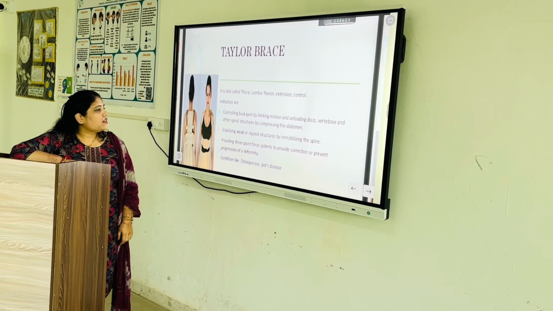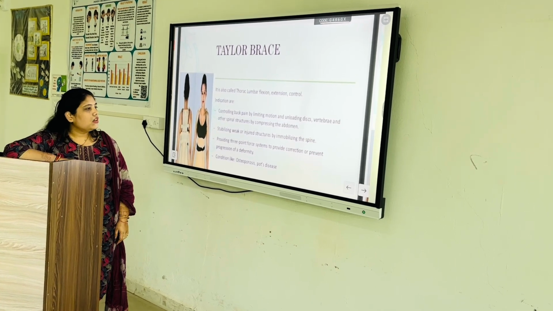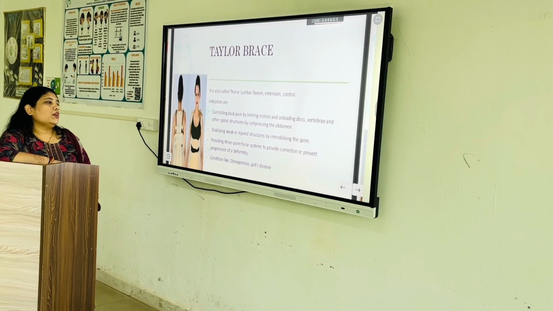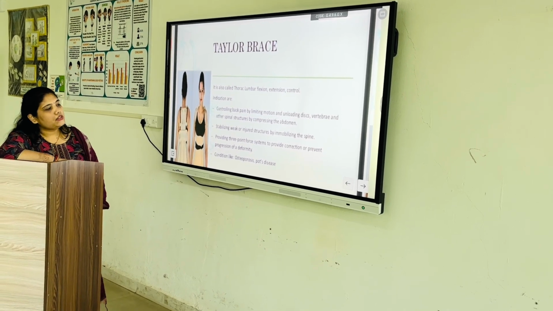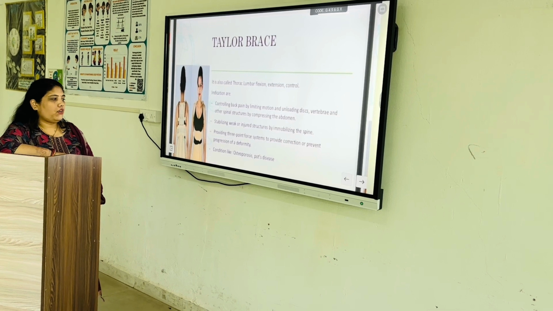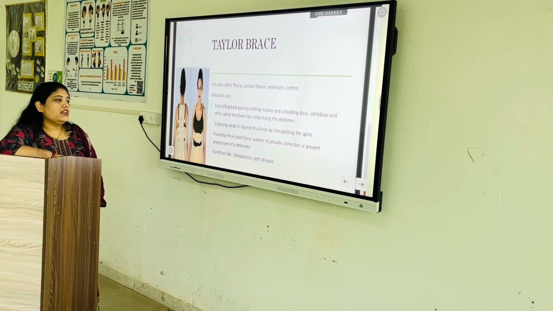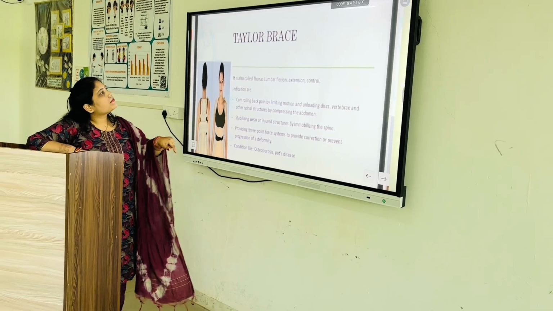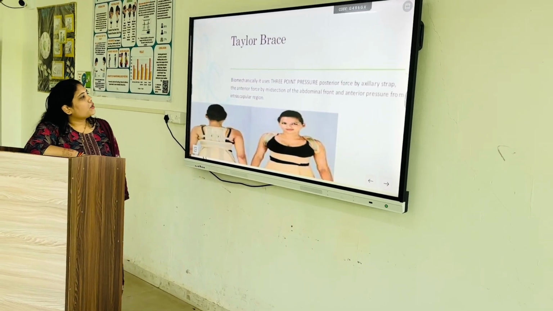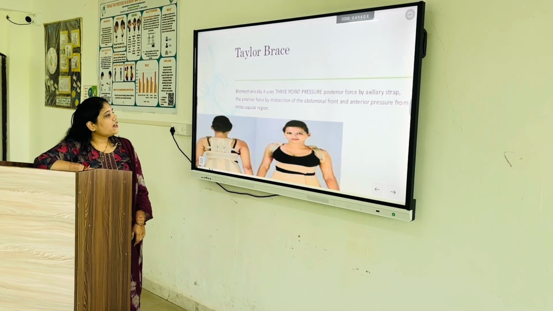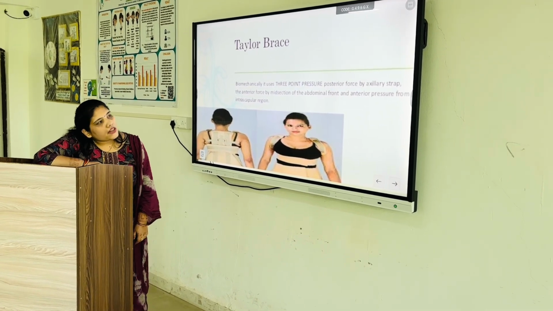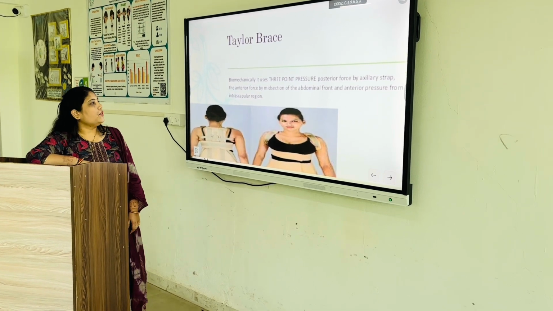Second one is stabilizing weak or injured structures by immobilizing the spine. Third one is providing a three-point pressure system to provide correction or prevent progression of a deformity. Next are conditions like osteoporosis and post-disease. More about the Taylor brace. Biomechanically, it uses three-point pressure: a posterior force by the axillary strap, an anterior force by the midsection